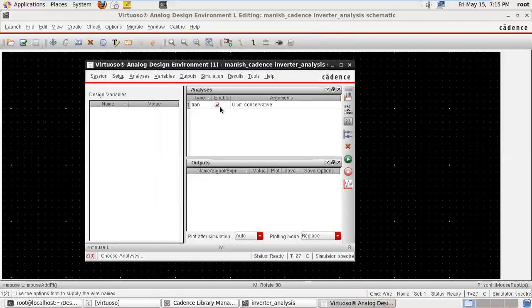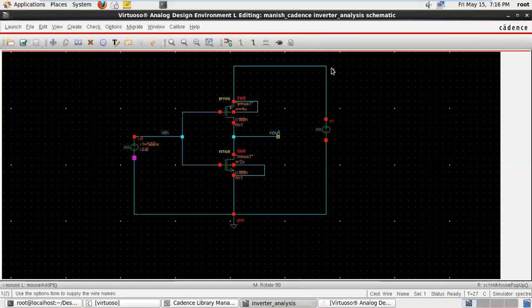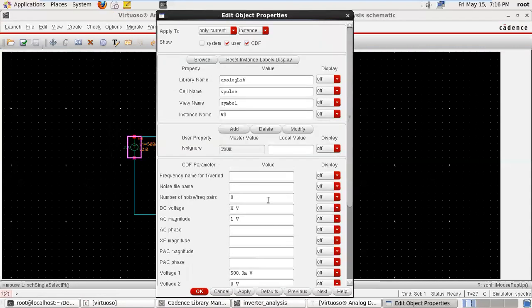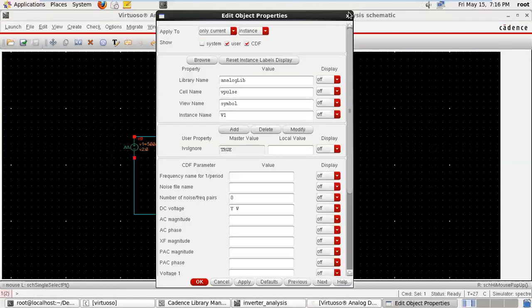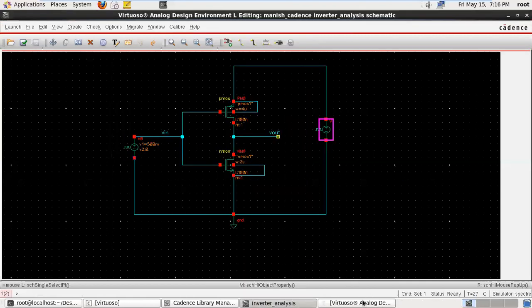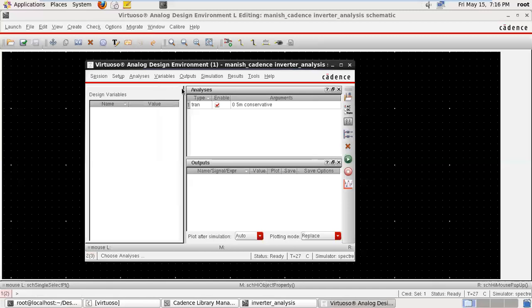Okay, so this is for the transient, but because we have made x and y the variables, see, in the case of DC, here x is a variable, while here y is a variable. So before simulation we have to give them some default values.